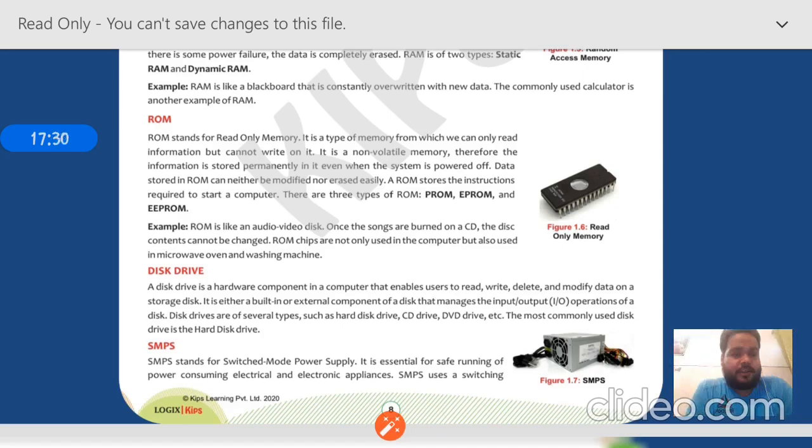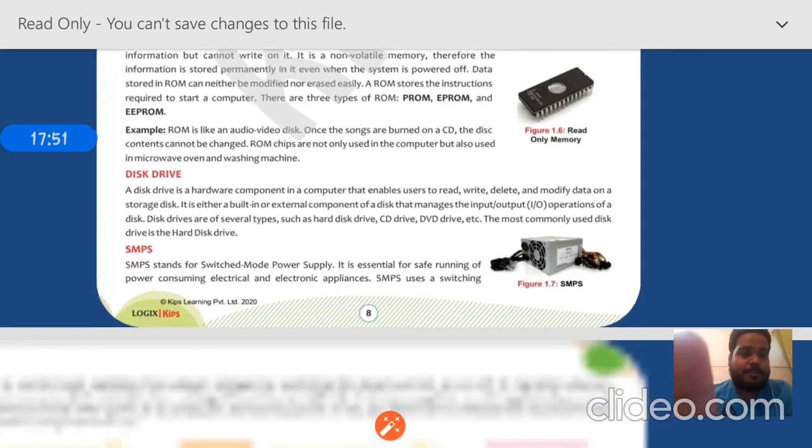Now, the most important part, SMPS, children. SMPS stands for Switched Mode Power Supply. It supplies, children, electricity to each and every part of the computer, of the CPU. It is essential for safe running of power-consuming electrical and electronic appliances. SMPS uses a switching